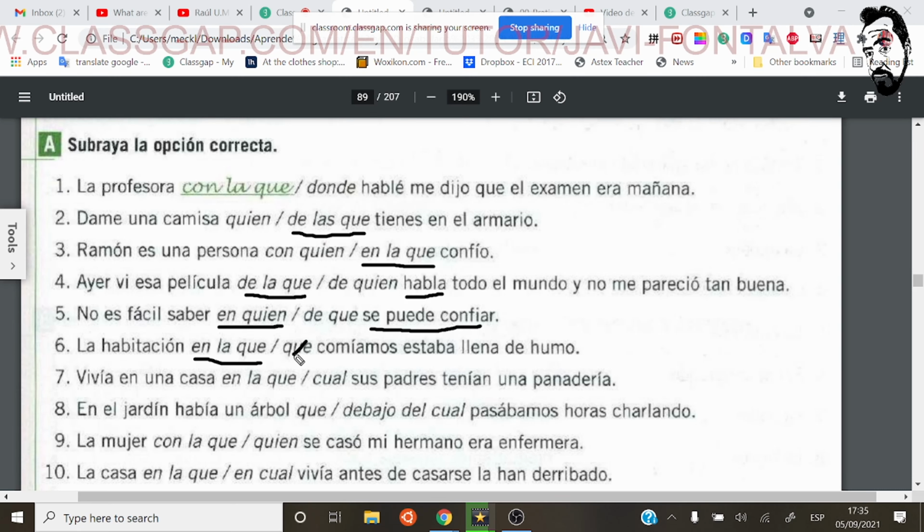So you're going to say mirar una casa, but you're going to say mirar a una chica. Notice I say a because I'm talking about una chica, a girl. Here it is la mujer, so I need to say a. So the woman we saw at the museum was a famous painter.